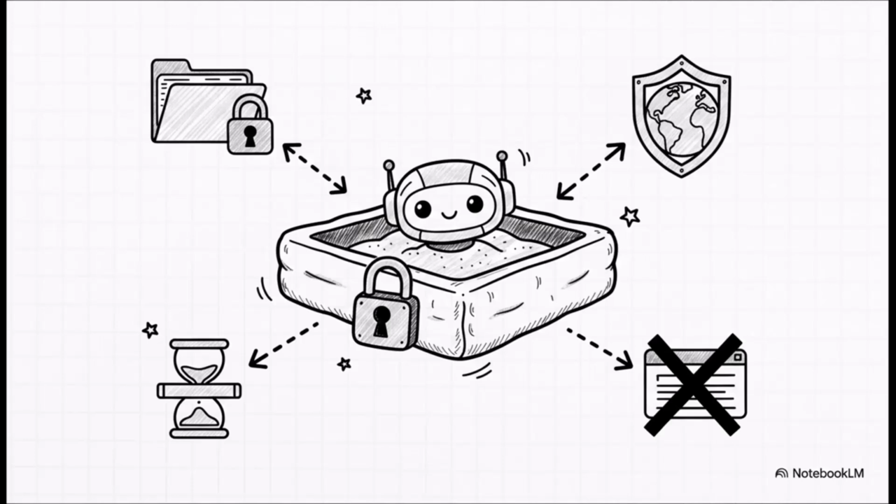We completely lock down its execution boundaries. On the file system, it can only read or write to very specific isolated directories. For the network, we use allow lists so it can only make outbound requests to pre-approved domains, meaning no sending your private files to an attacker's server. We also put hard caps on execution time and memory usage. And perhaps most crucially, we completely block sub-process shell execution, meaning the AI absolutely cannot run operating system commands to take over your server, no matter how nicely the attacker asks it to.